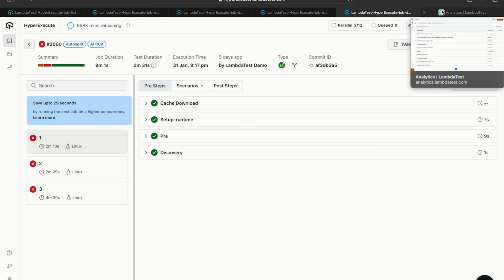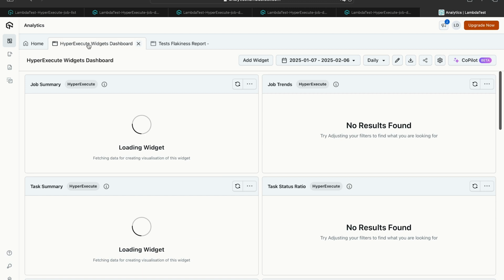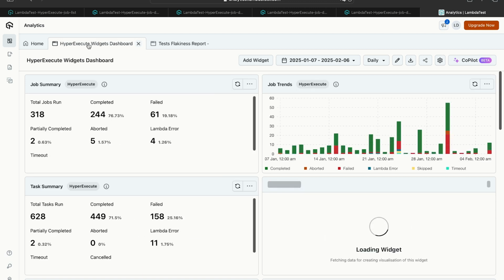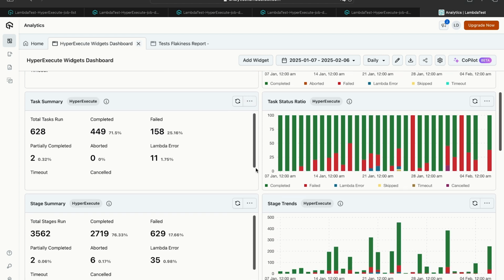Over and above that, if we talk about analysis of your test cases, we have an inbuilt mechanism where you can create multiple dashboards totally customizable for your needs. We have more than 50 widgets to choose from, or you can utilize simply the pre-made dashboards that come with the platform. As you can see, you have multiple trends,